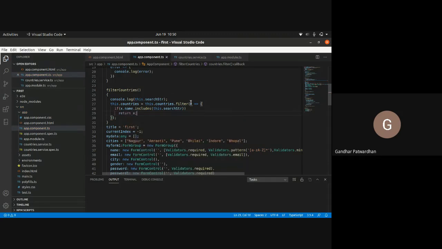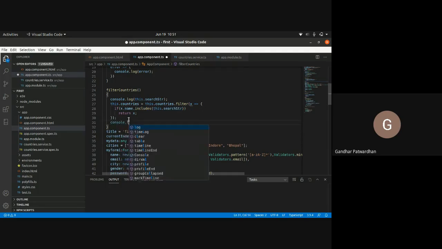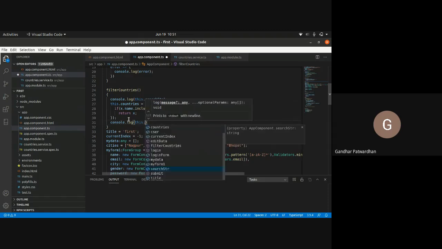What this filter function does is it iterates over each element one by one, and the return at the end will return an array matching this condition. That is what it would do. And I would say console.log this.countries.